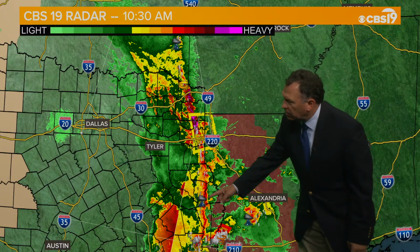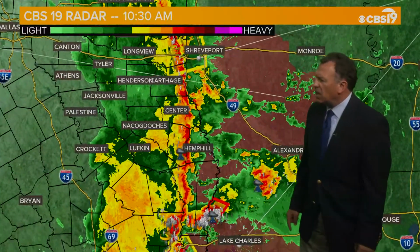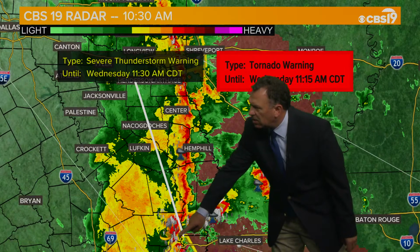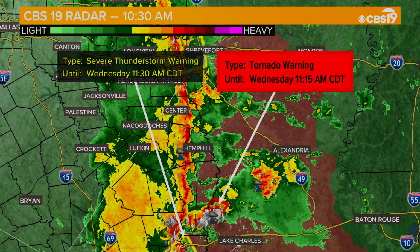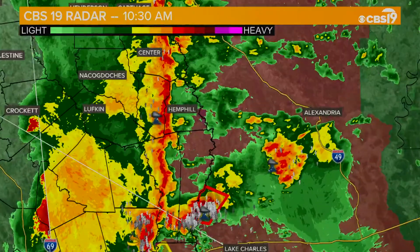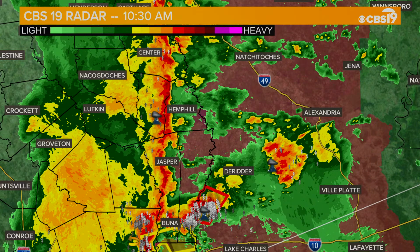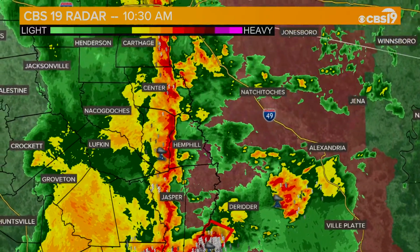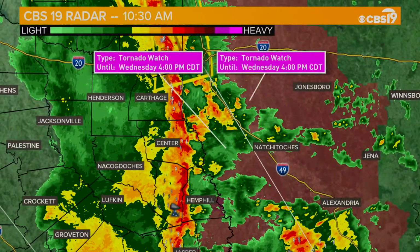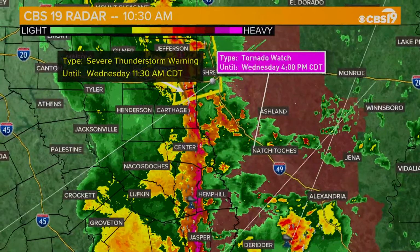So you can see these little indicators here. There's potentially a little bit of hail. There's another one that's got some rotation in that cell way down to the south. That's going to be way south, almost down toward west of Lake Charles. And there's a current tornado warning over on the Louisiana side, and that looks like it's going to be northwest of Lake Charles. That goes until 11:15. So this is pretty typical of what we see in these lines of thunderstorms like this,